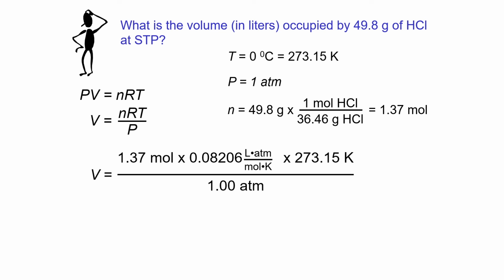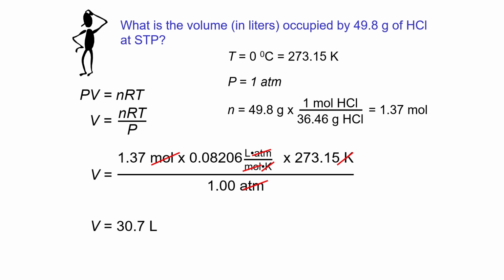So these are the values we have: moles, the value of R, temperature divided by the pressure. Let's make sure the units cancel out. Moles cancel with moles, Kelvin cancels with Kelvin, atmospheres with atmospheres, and the last unit standing is liters. So that's the correct unit, and at least we know we had the units in the proper place. And the final result is